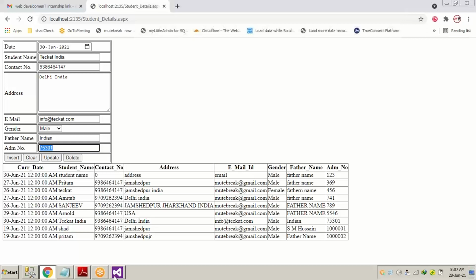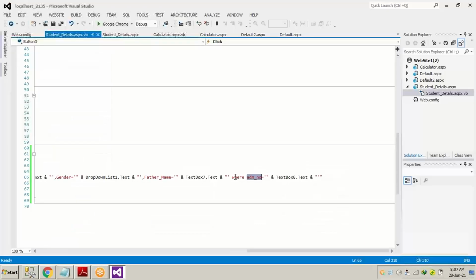Why? This textbox 8 contains the admission number. The records to be changed inside the table should have an admission number which already exists inside the table; only those records can be updated.